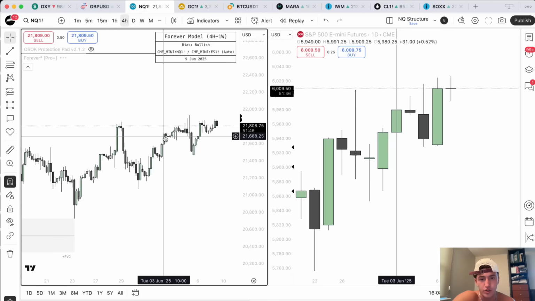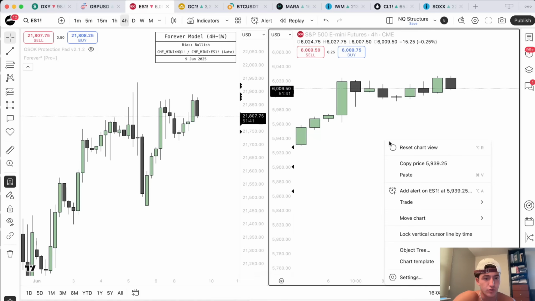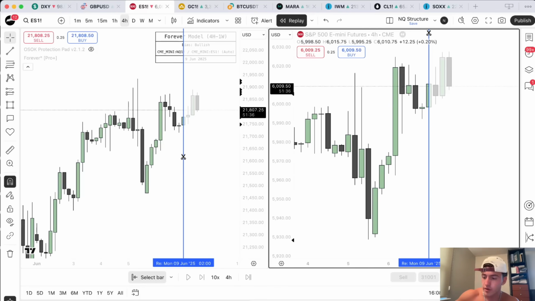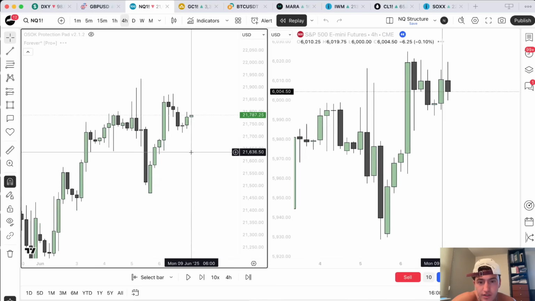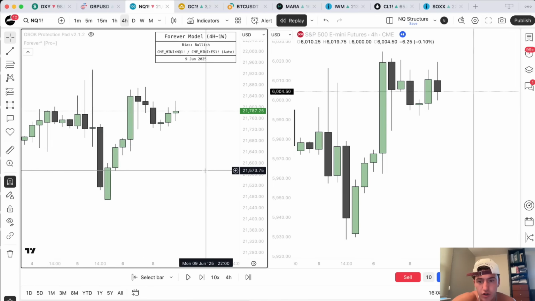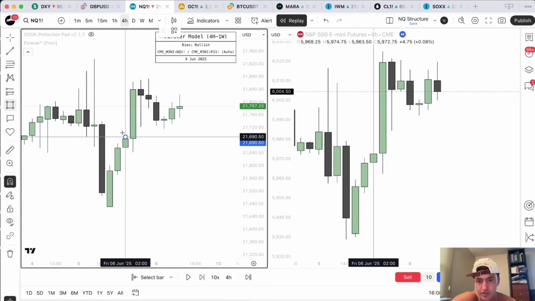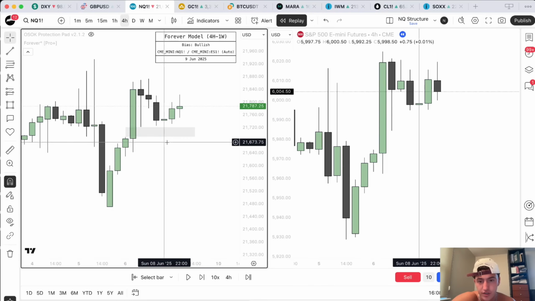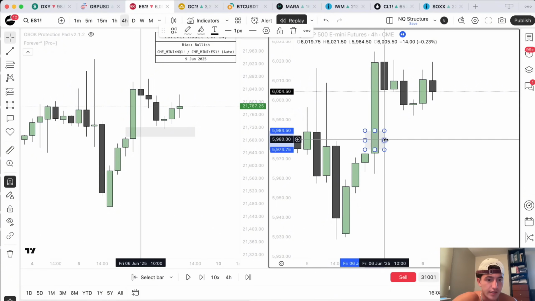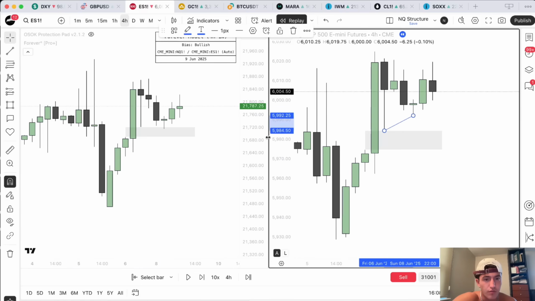Now, if we go to the 4-hour chart and we're looking to see how price was structured going into the day, I'm going to replay price and we're going to look at what is going on coming into that session. So we replay, and how are we currently trending right now? We had a 4-hour bullish fair value gap that was tagged on the NASDAQ, as you can see here during the Asia session. The same 4-hour gap that was tagged on the NASDAQ failed to tag on the S&P 500. So we had a higher low there.